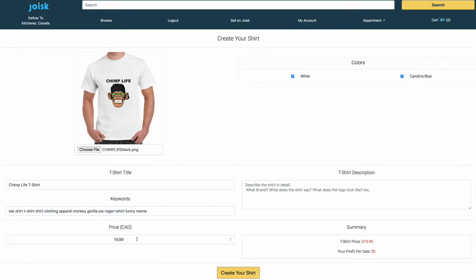That's a lot of keywords here. Now we are going to price this t-shirt. Let's just test it out, $21.99. I might change this after. I might actually just switch back to $19.99 after. But as you can see here, if I was a third-party seller, I'd be making a $2 profit just for